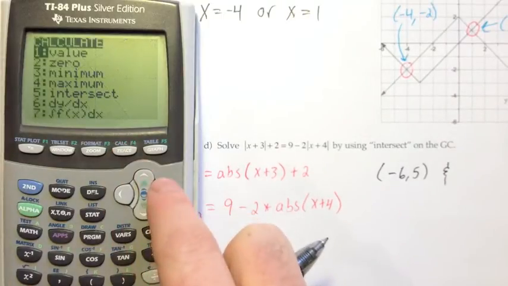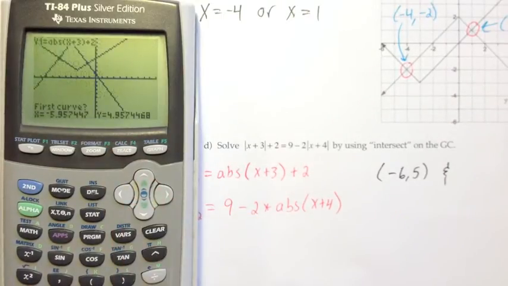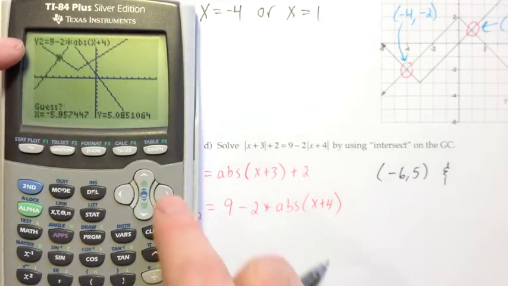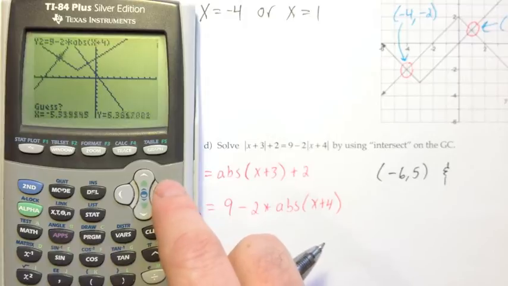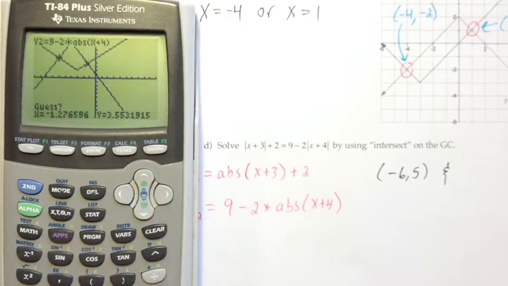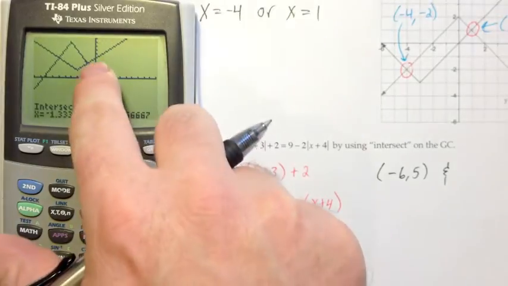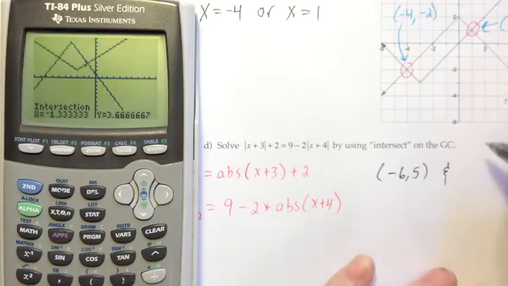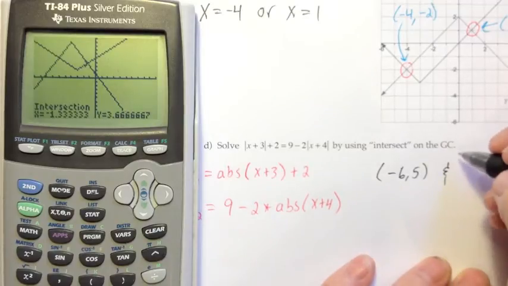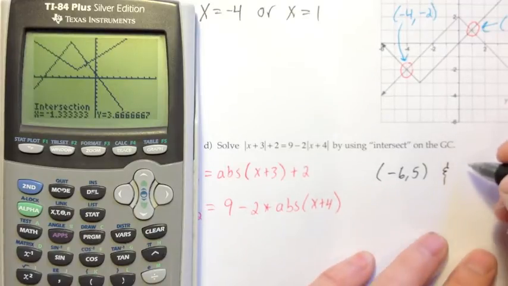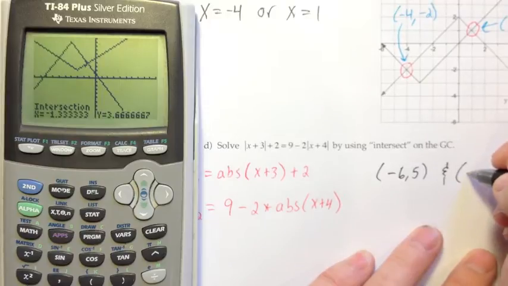So second calc, intersect. First graph is y1, yes. Second graph is y2, yes. But I don't want that guess, or I'll just get the same answer. So I'm going to arrow over and say, no, my guess is right around here. And when I press enter and it finds the intersection, it should lock in on that one. They didn't give us rounding directions here, so let's just round to a couple decimal places. This one would be approximately -1.33,